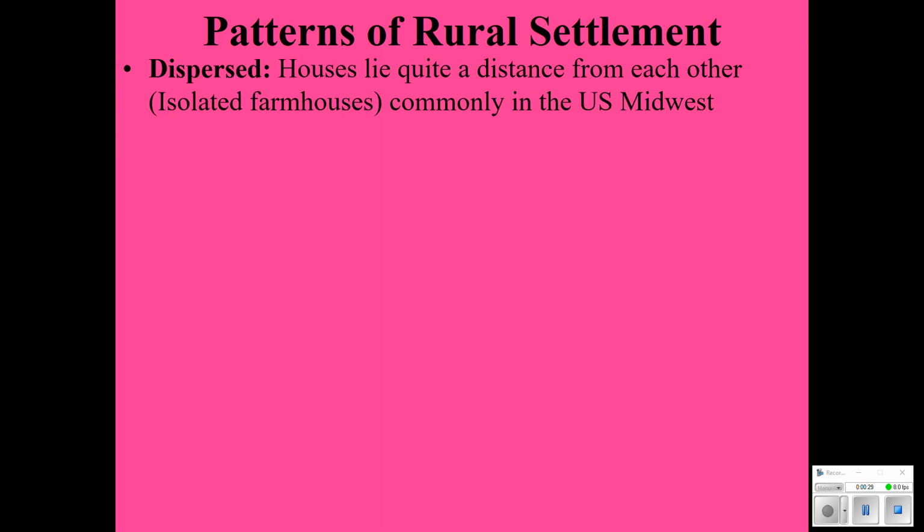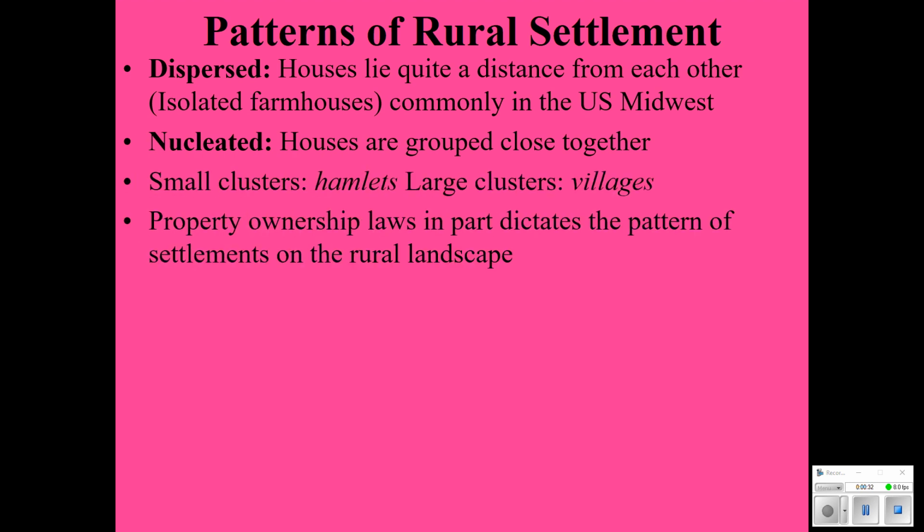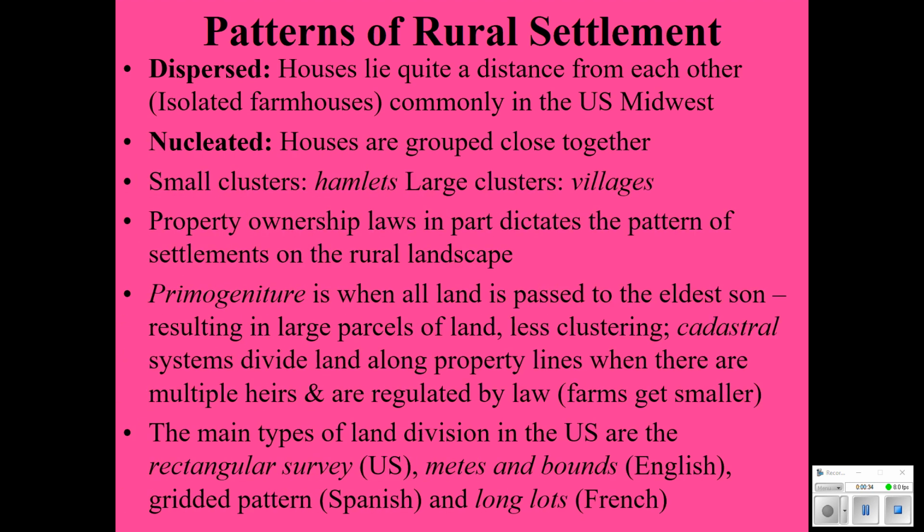So when you did the geo-inquiry, we talked about different land division systems in U.S. history. And, for the most part, Americans had been living in the East Coast, the Atlantic seaboard, in these nucleated kind of clusters, hamlets and villages. And you see these all throughout New England. Those of you that are Revolutionary War history buffs, you know that there would be a common area or a green in the middle of these tiny little villages. And, everybody would kind of farm the areas around that nucleated cluster of homes.